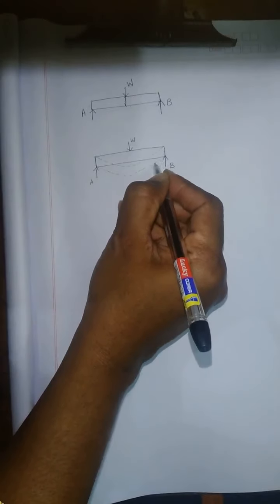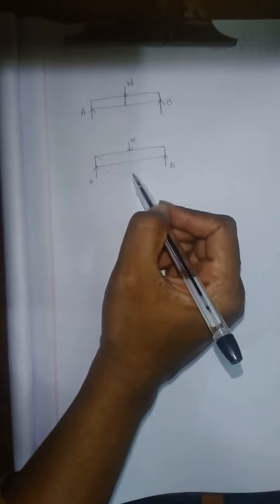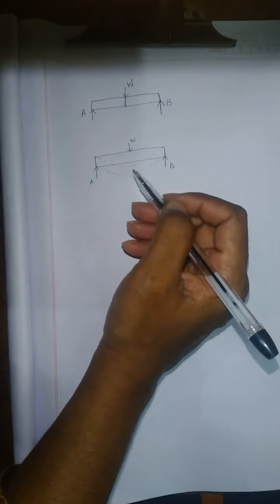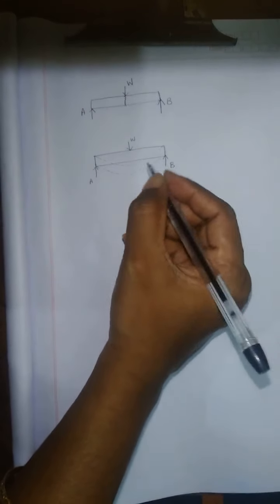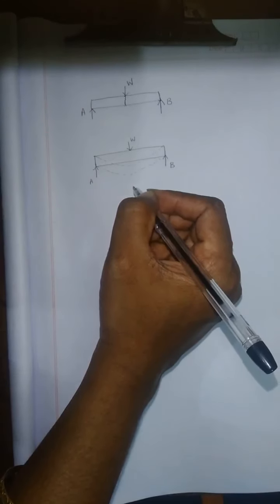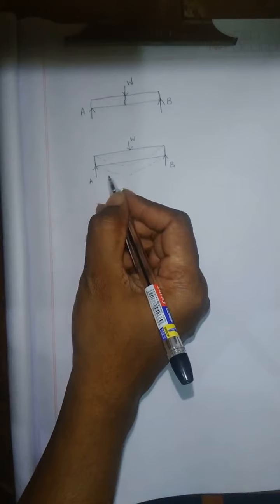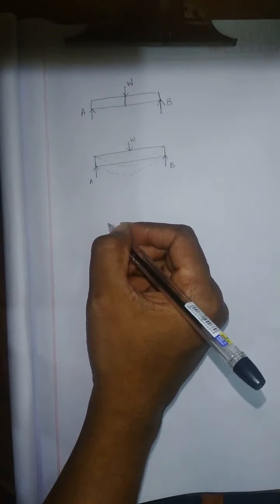Okay, so the beam may get sheared or the beam may get bent. These cases are together known as shear force and bending moment. In this chapter, generally what we do here is we'll be drawing the beam. Below that, we'll be drawing a diagram known as the shear force diagram.